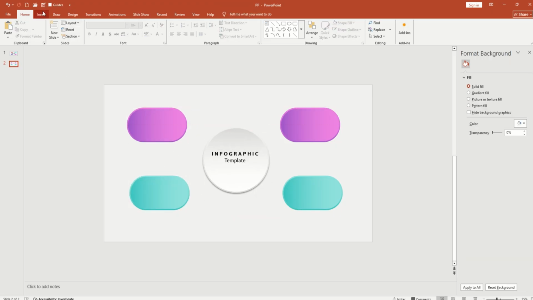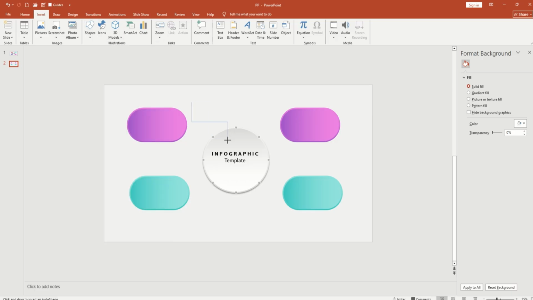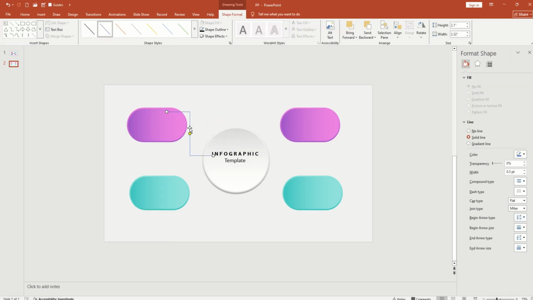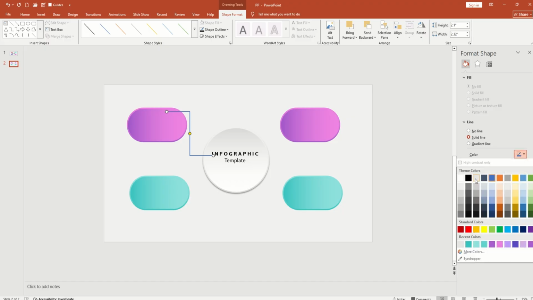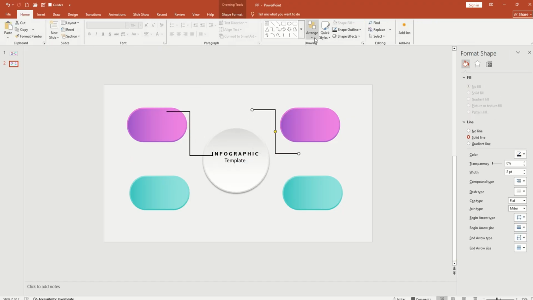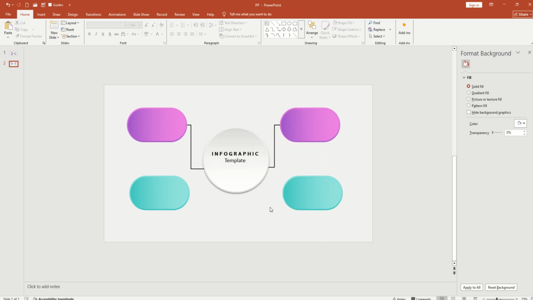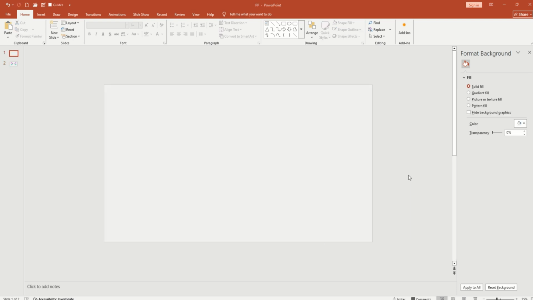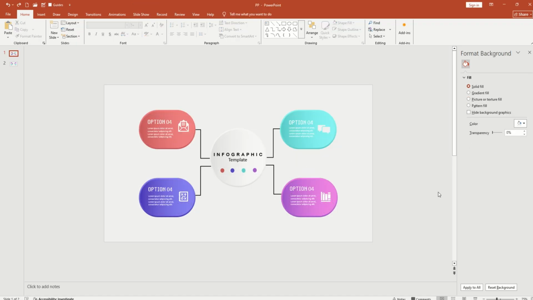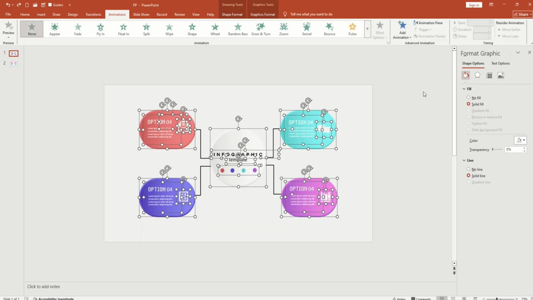And next what we're going to do is just put another outline into our template, and we're going to attach the shapes again. Here you go. Make sure that you give them a light color, and also you have to make sure that the shapes are together. Now what we're going to do is duplicate the slide, and we're going to go to